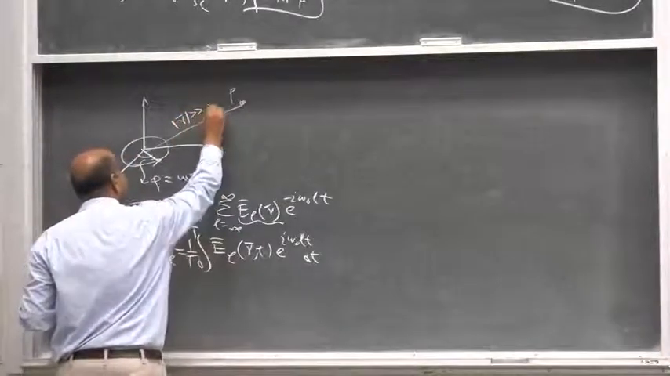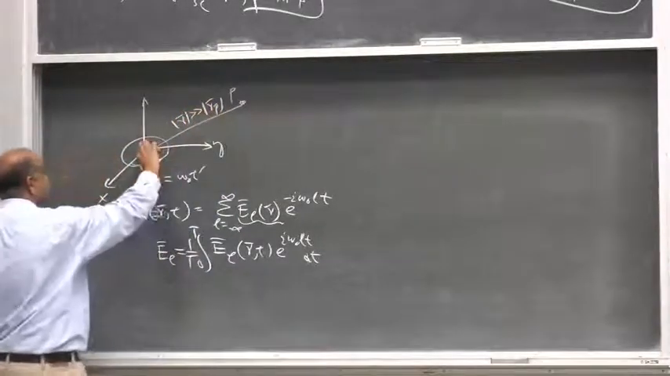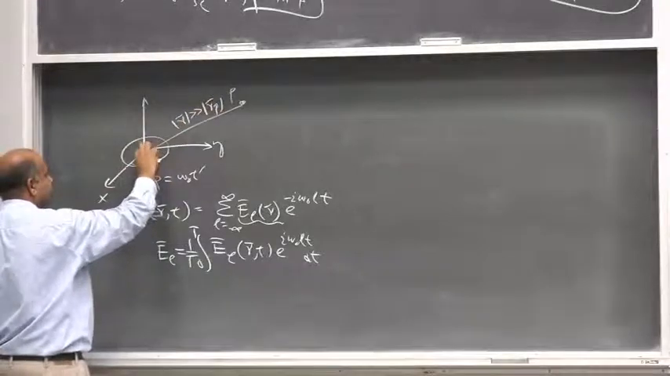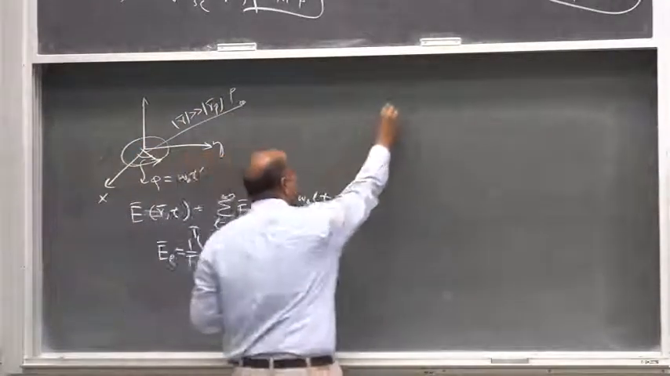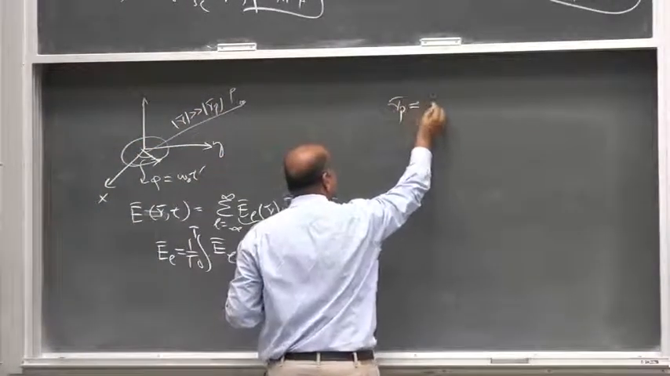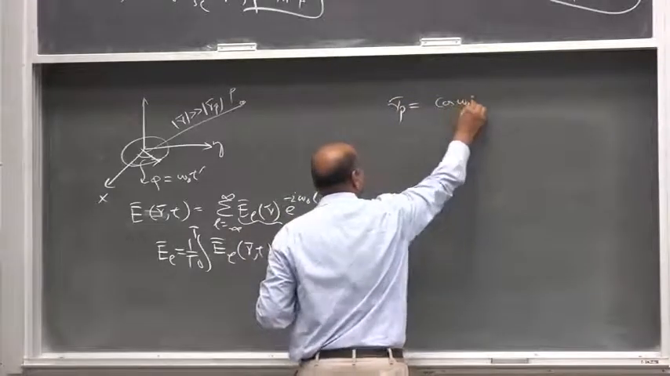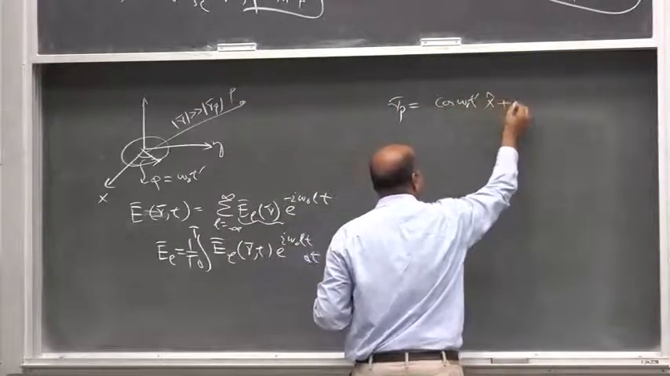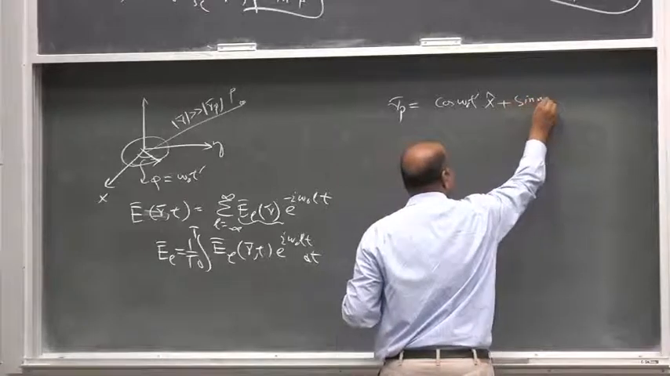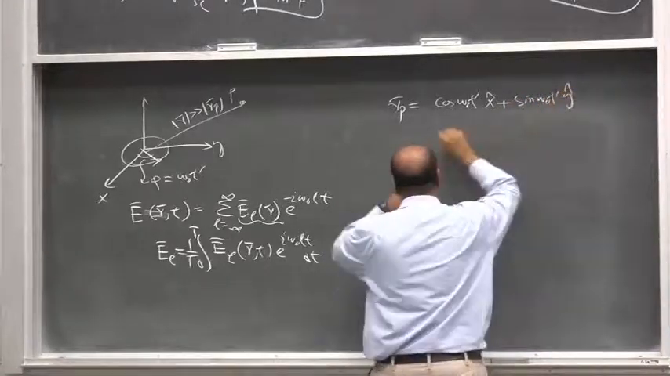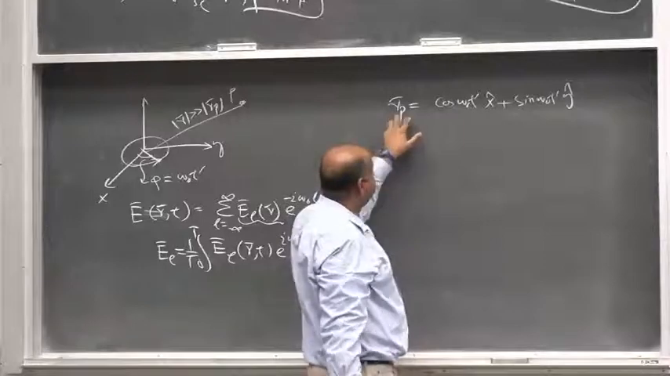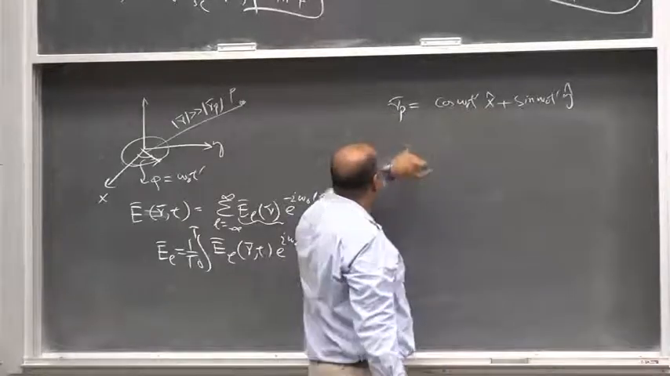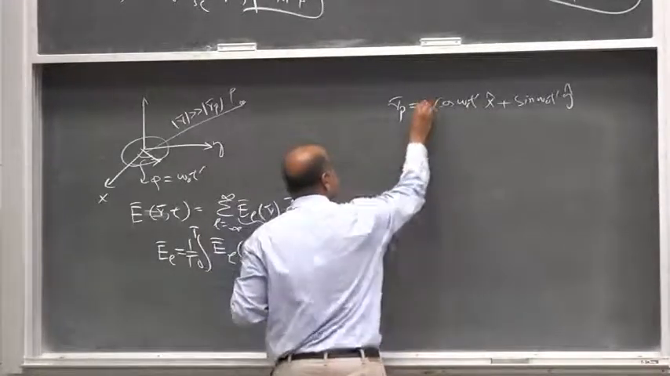R is larger than this thing. Okay, so this is R_P. R_P is cosine omega naught t prime x hat plus sine omega naught t prime y hat. So this is the position of the particle in the xy plane. So by assuming, and let me say its radius is rho,